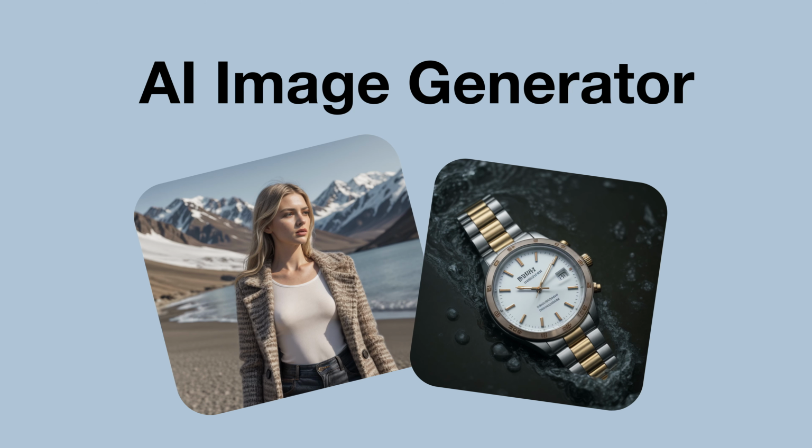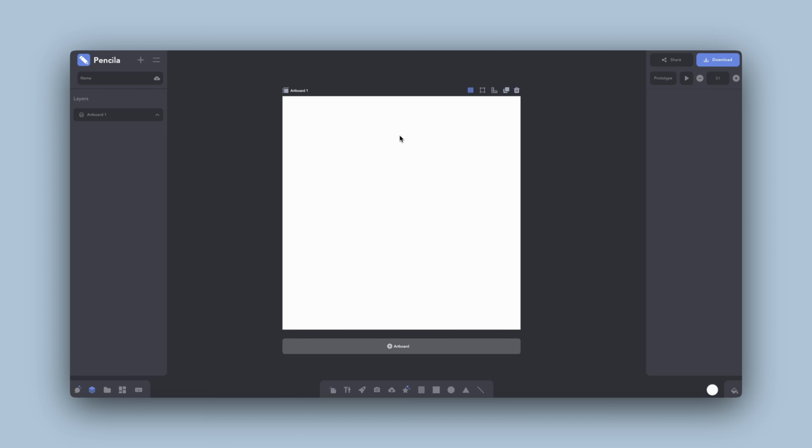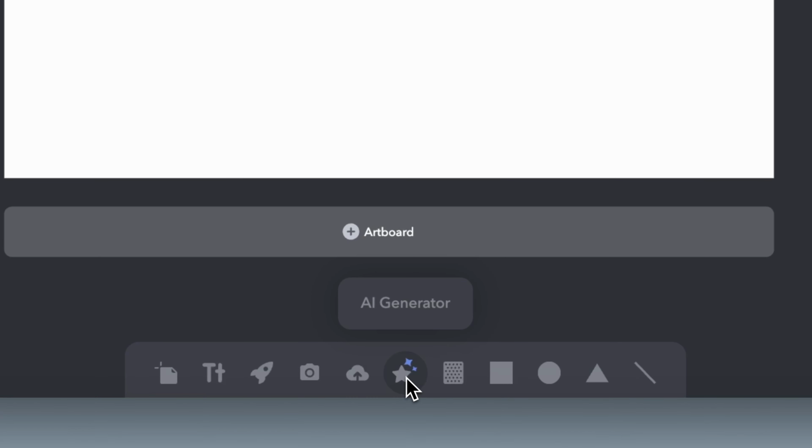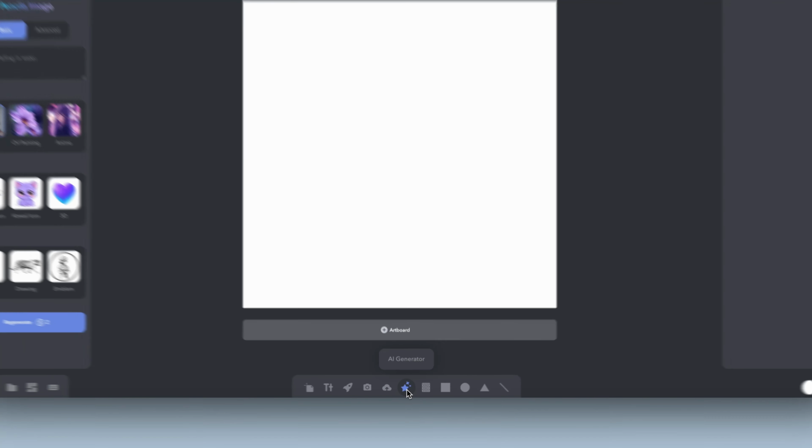The AI image generator in Pencila is one of the best design tools you will ever use. You no longer need stock photography. So to get to it, just come down to the bottom toolbar, click the star that says AI generator, and